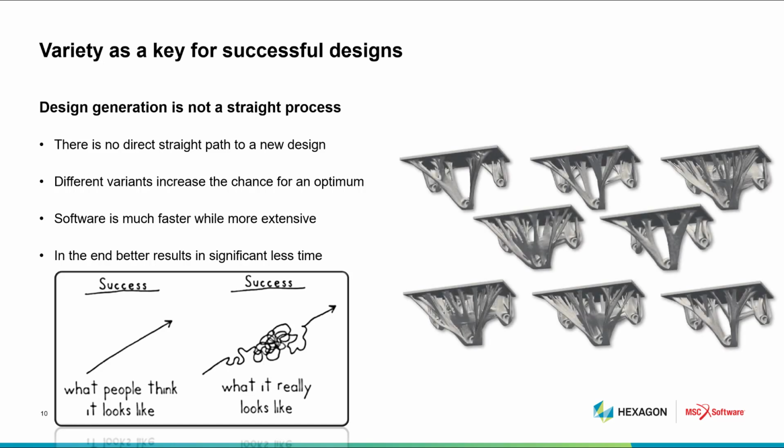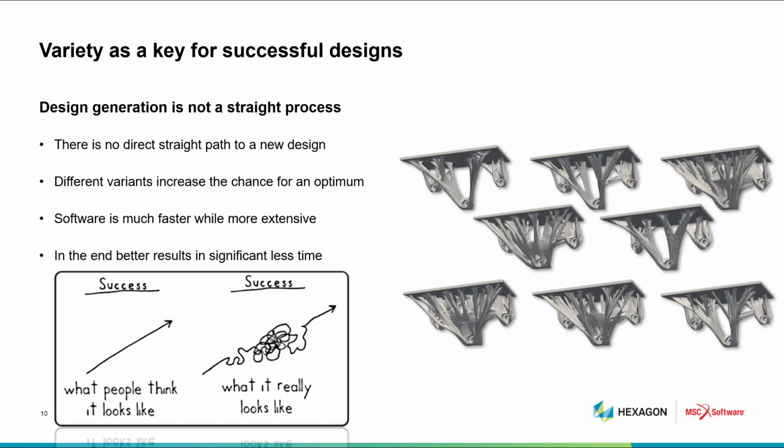So as you look here, we do see a lot of different designs. All of these designs are fitting to the needs, are fitting to the boundary conditions. All of them will carry the load and fulfill their task. But they look very different. Some of them will be easily manufacturable, some will be very lightweight, and some will be easy to clean. And this is why we say we generate a lot of fully feasible designs that can be used,